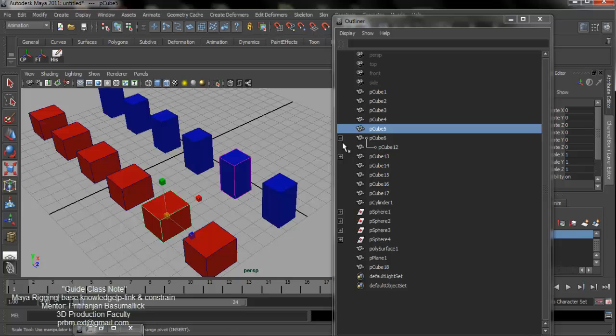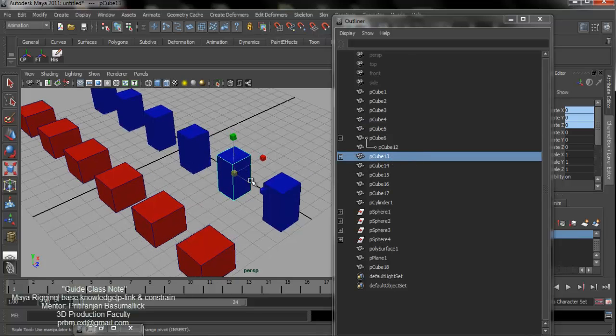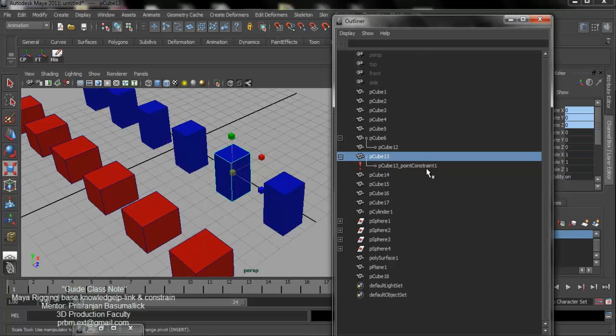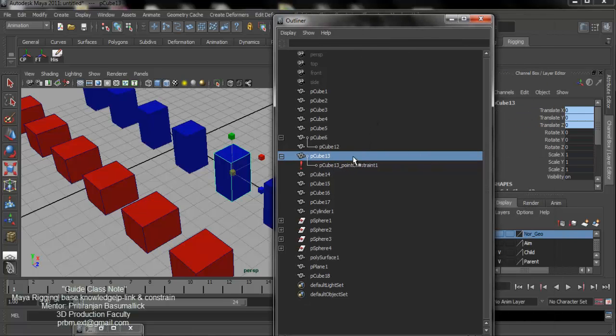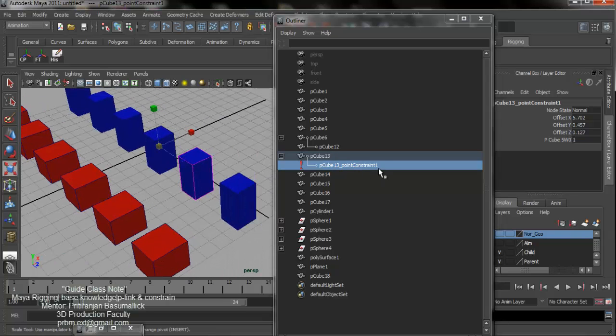Because P5 is my parent, and PQ5 and PQ13 are my children. How is the relationship built? Under the child, one constraint node is created. It always creates a constraint node. That is my point constraint node. When you select the point constraint under the child node, it tells you who the parent is in that child's relationship.